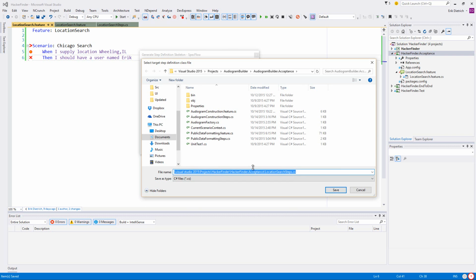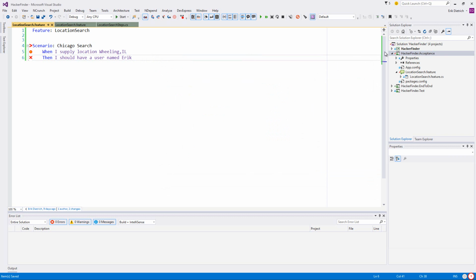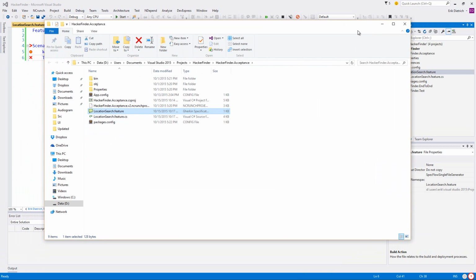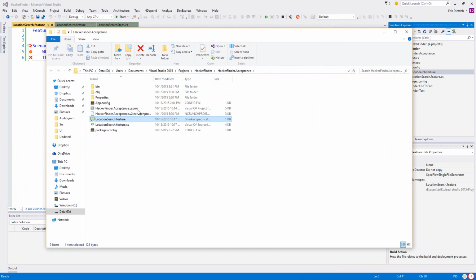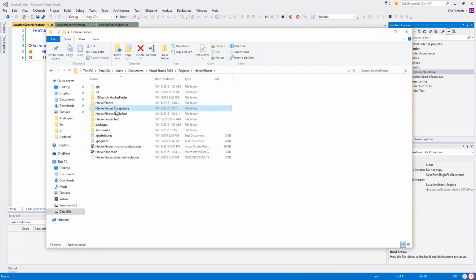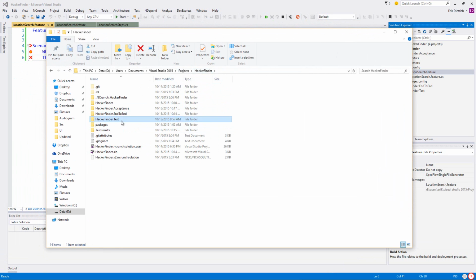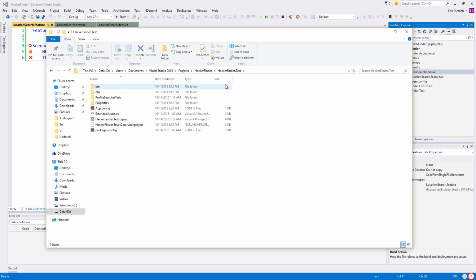That reminds me of a problem. Before I do that, I'm wondering if it... I don't remember exactly how Visual Studio. So the problem is basically I cut and then pasted files from hackerfinder.acceptance into .end-to-end, and I want to make sure that that also happened with the files themselves instead of just it including it from where it lay. Okay, so we're good there. I just didn't want any like weird files, you know, with a 2 appended onto their name.